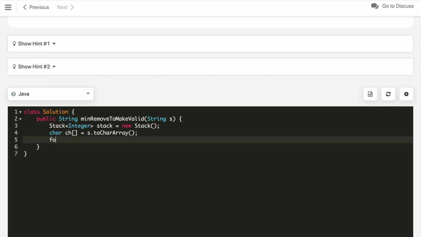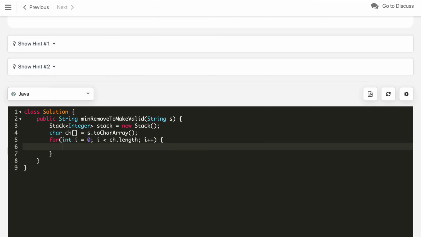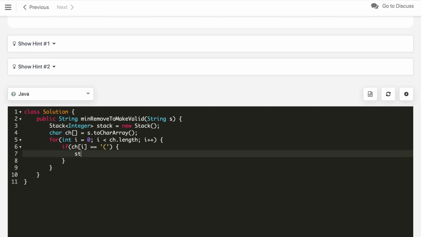Now, we iterate this character array: int i equals 0, i less than ch.length, i plus plus. Now, we will check if the character at the ith index is an open parenthesis. In that case, we just note down the index by stack.push the current i,